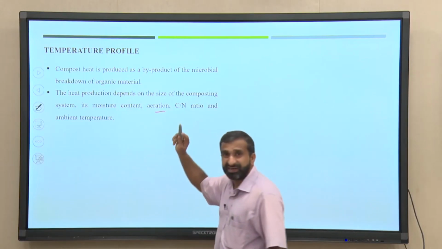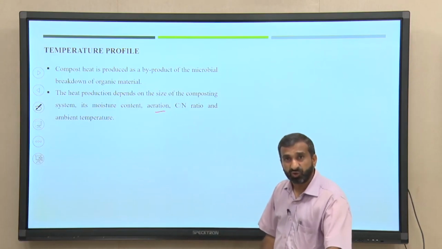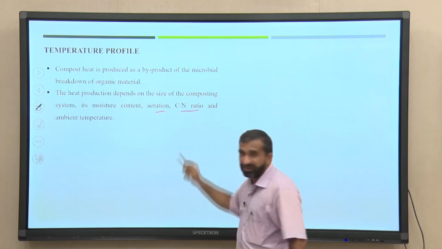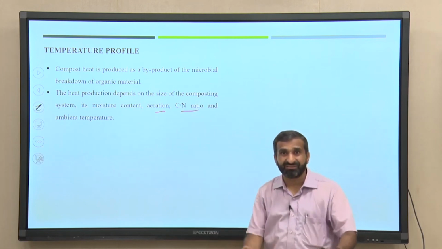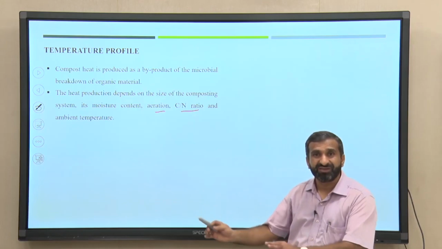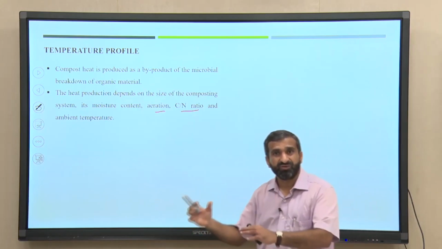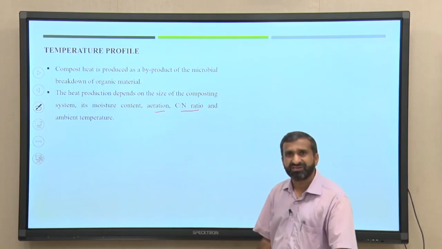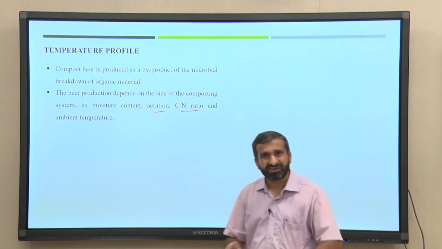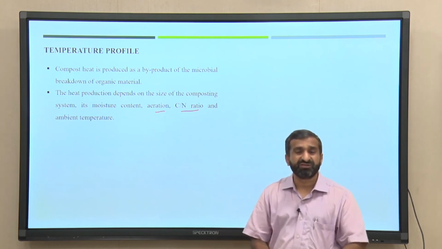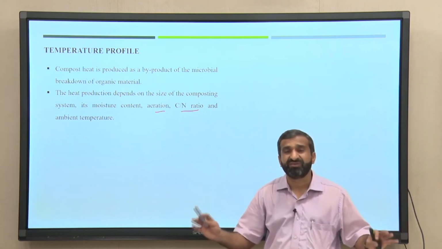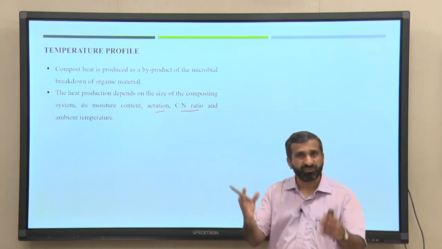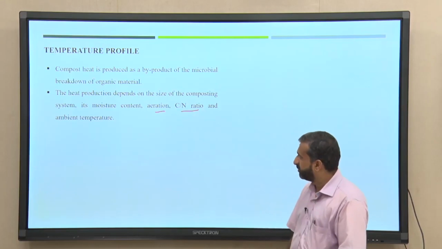Aeration, obviously, will be required for the growth of the microbes. Carbon to nitrogen ratio: the carbon is required for the degradation process, and nitrogen is required to have more microbes for the degradation process. And finally, ambient temperature is also important. At an ambient temperature of 30 to 35 degrees, the degradation could be very fast. Why? The production of microbes will also go very well, and so proper degradation is possible.